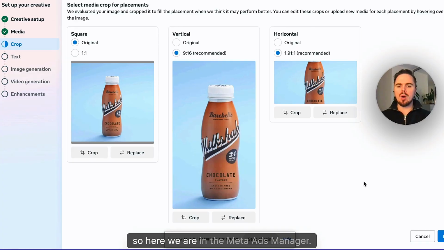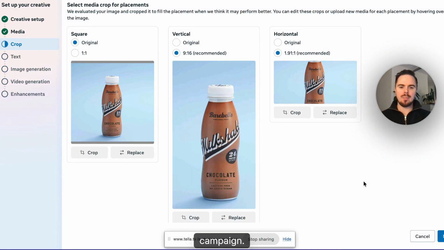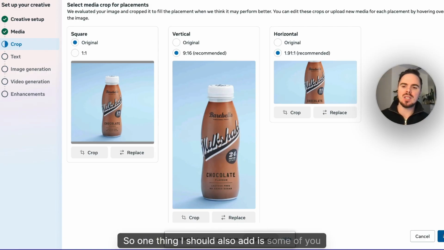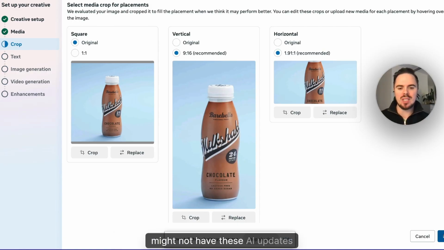Okay, so here we are in the Meta Ads Manager. Now, what I've done is I've gone to set up a sales campaign. Now, if you're familiar here, then what you'll see is that I've uploaded a product photo that I'm going to use in this example. So one thing I should also add is some of you might not have these AI